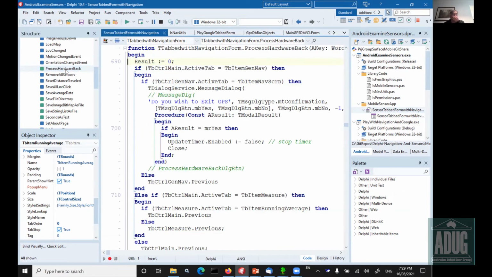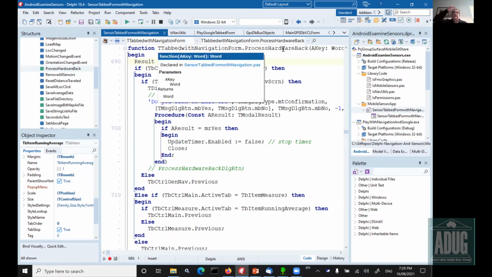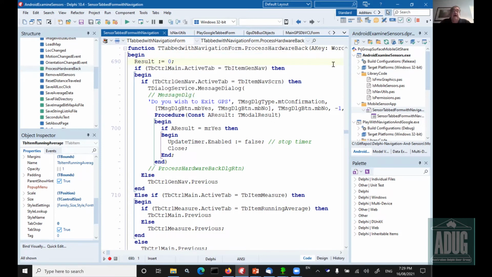So if the back key is the hardware back key, it goes into this routine. This becomes very much specific to the form, i.e. if the active tab is the general nav tab, which is the leftmost tab, then you want to